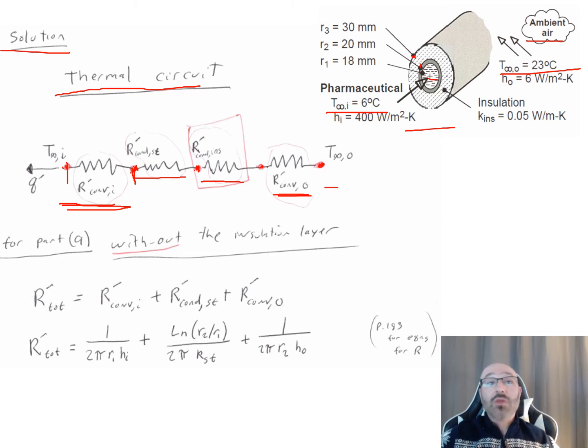Now, a thing to note with this thermal circuit that I drew out here is that this is for the entire problem, including part B. But part A did not ask us to do anything with the insulation layer. So this thing we have right here for our insulation does not exist in our thermal circuit for part A. So I would suggest, rather than trying to do it all in one like this, solve them separately. Do out part A without that insulation, draw out a separate thermal circuit. I know it's a little bit more work and a little bit more time, but as you can see here,